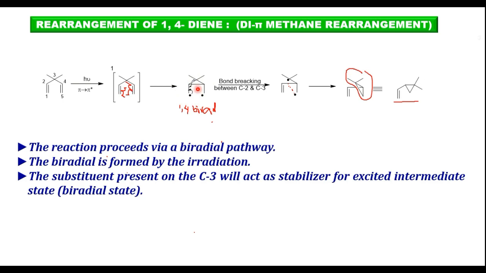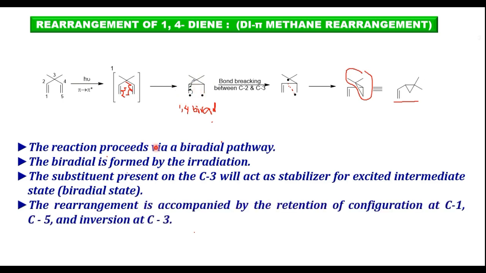This rearrangement retains the configuration at the C1, C3 and C5 positions. At these positions, the stereochemistry never changes in the product. So friends, this is the simple explanation of the 1,4-diene